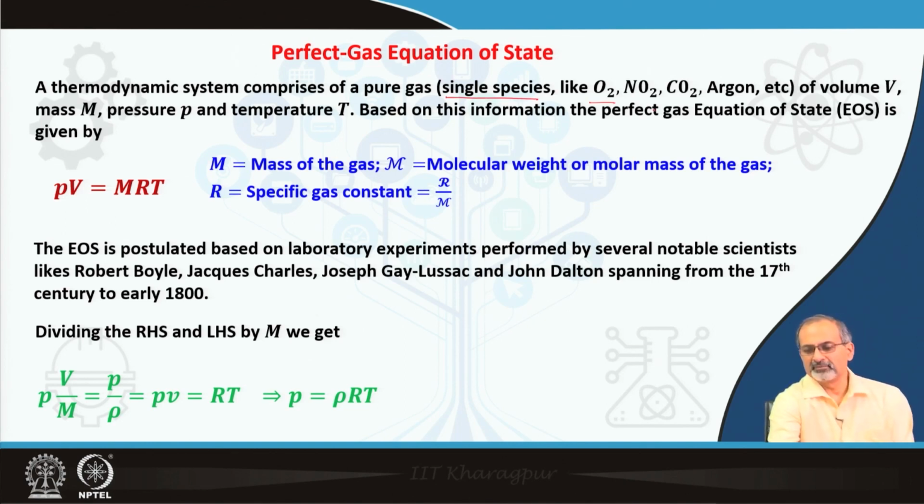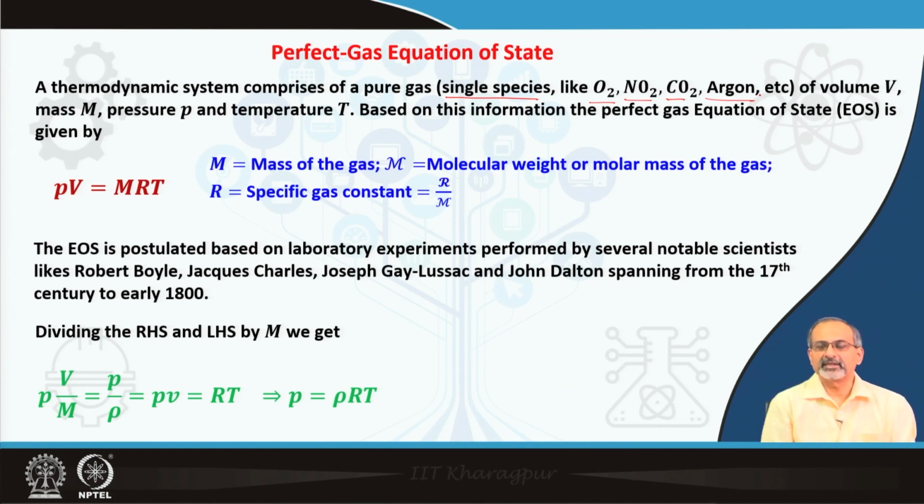It might be oxygen in its molecular form, or nitrogen, or nitrogen dioxide, or carbon dioxide, or argon, or any other pure gas single species that you can think of, and it has a volume of V confined within a certain system boundary. It has a mass m, pressure P and temperature T respectively,